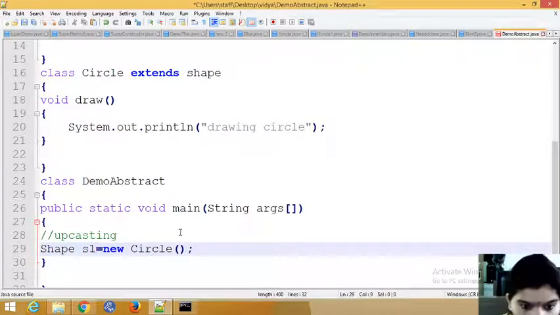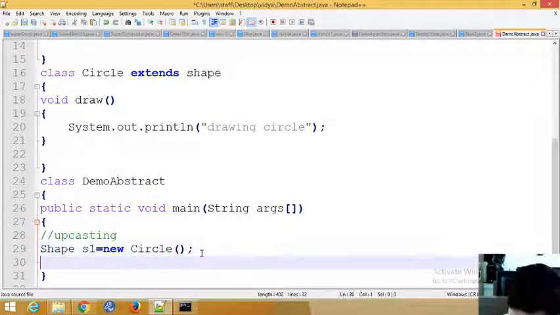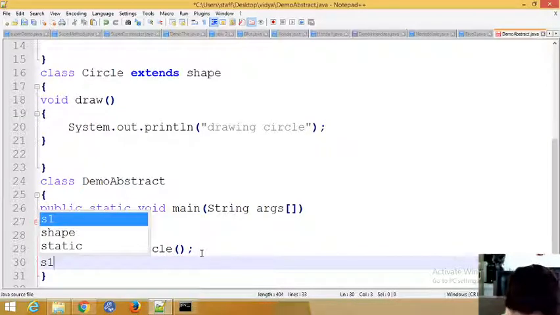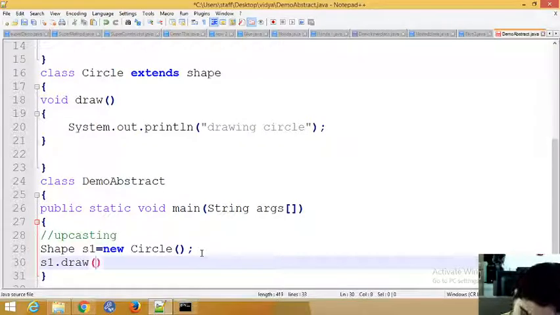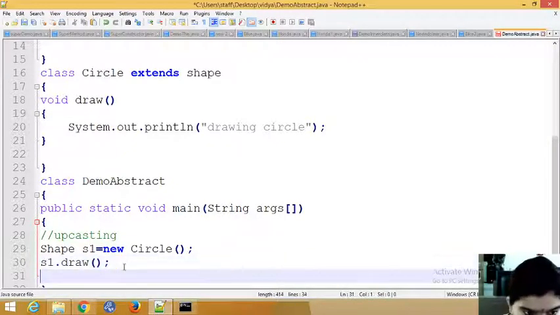Yes. So now you can call the method, s1 dot, which method? Yes. The same you can do for one more class also.